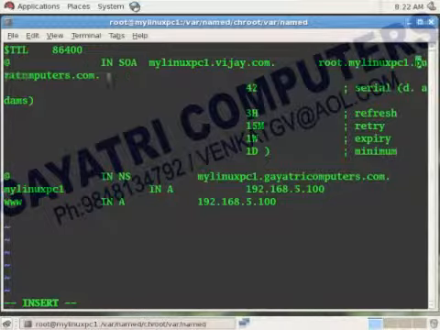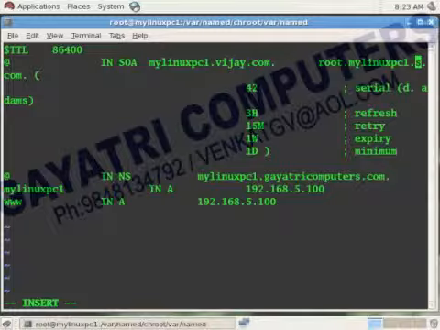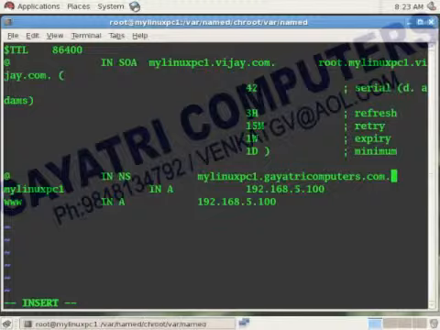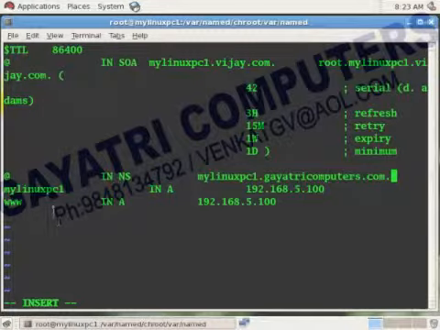Here also you can change it to vijay.com. The rest of the things stay the same. NS means the name server, and my line is PC1, the IP address will be the same, and the alias names will be the same.